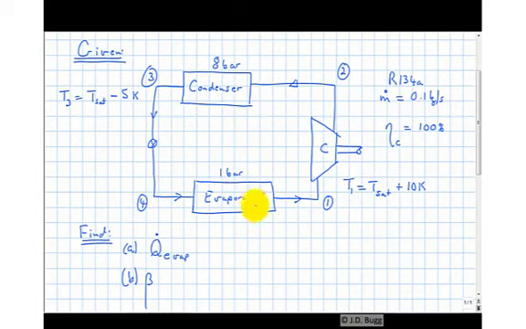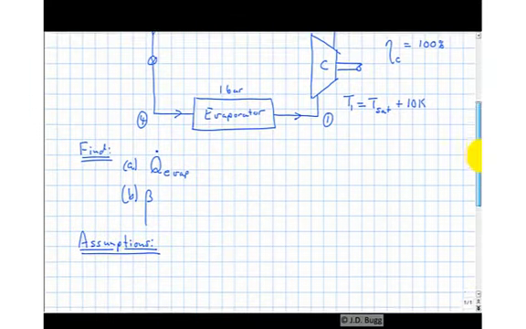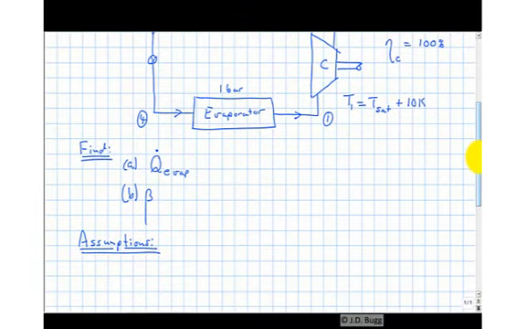However, if you take a look at the very first thing we were asked for, it was a heat transfer into the evaporator. That state is fixed. Right now this one isn't, but remember that through a throttling valve the enthalpy is constant. So if we can go to this point and get the enthalpy, then that enthalpy is the same here. So it looks like we should be able to get this heat transfer rate into the evaporator. Because that's the first thing we're asked for, Q dot evaporator, that's the first thing we're going to go